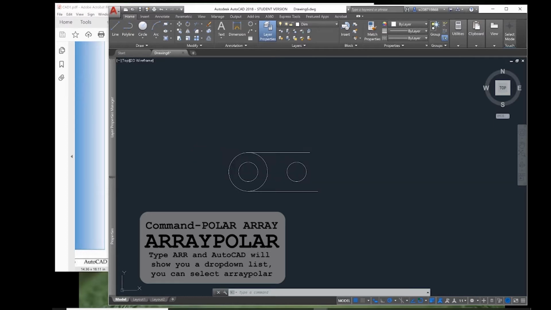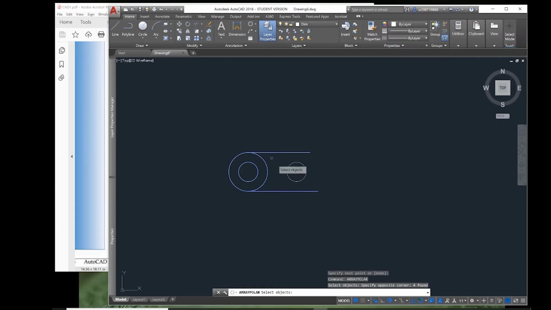Now it's asking me to select the objects I want to array, which is all these guys, not this center circle. We only need one of him. Now it wants to know the center of this array, which is